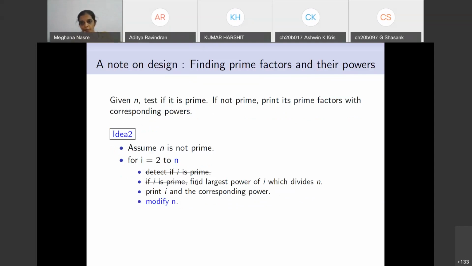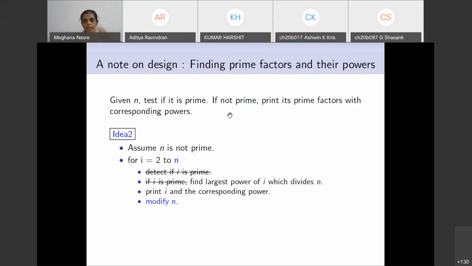We are given an input integer n. You don't have to worry about scanf and all. You can hard code that integer into your program for the moment. Your goal is for the program to output the prime factors and the corresponding powers, one per line, and in the increasing order of the prime factors.